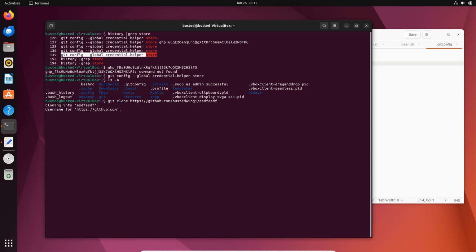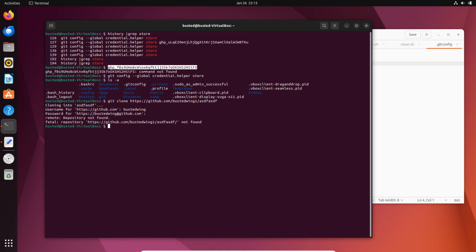Hit clone into that. And now I want my username. Okay, I've entered my username, press enter. Now they want the password. And the password is the token. So I just double left clicked. And now I'm going to hit the middle mouse button, or scroll wheel button. So I'll just click on that one. Click. That worked. It's there. It doesn't show it because it's a password. Hit return. We knew that would happen. But now let's see if we get a